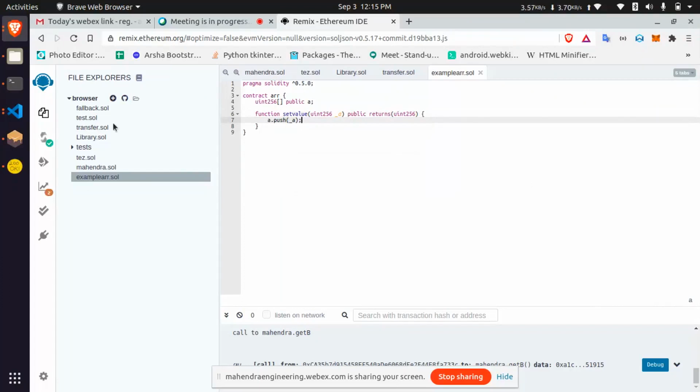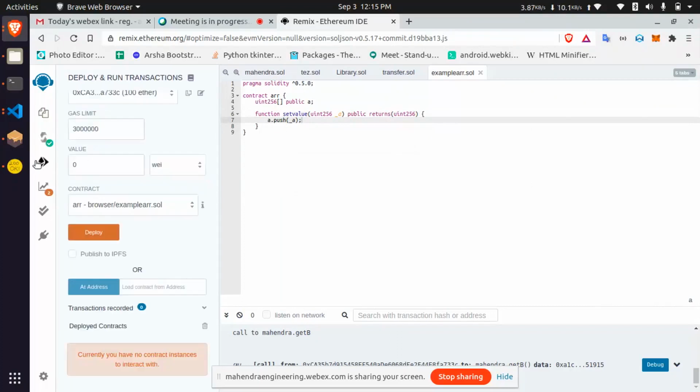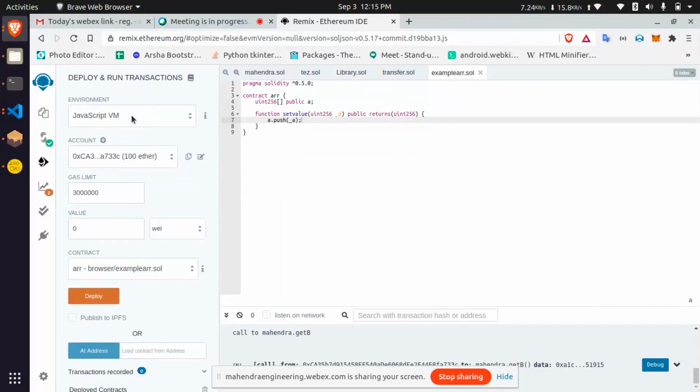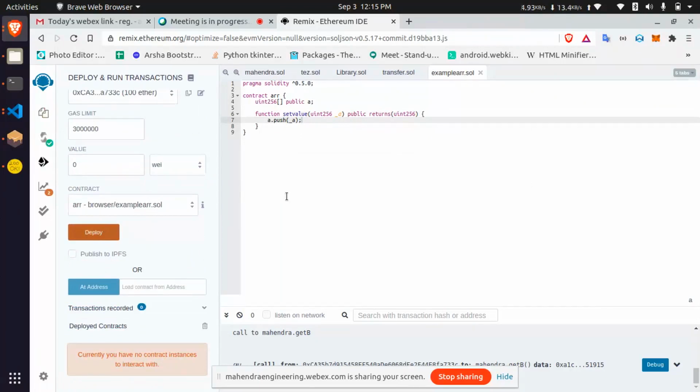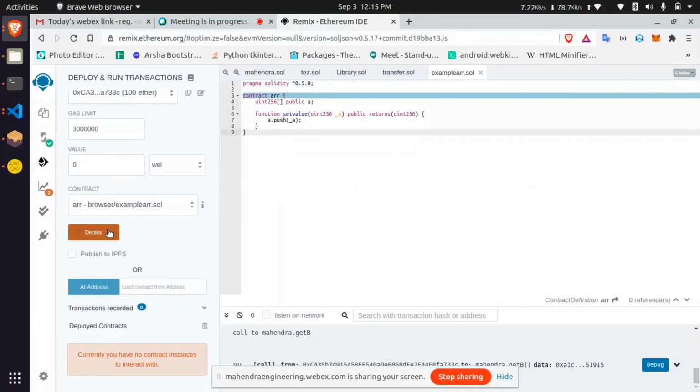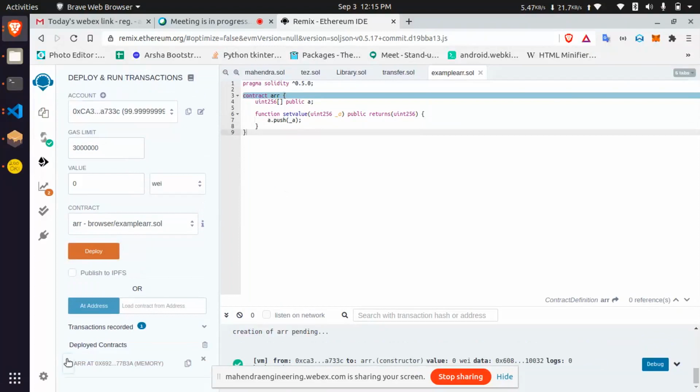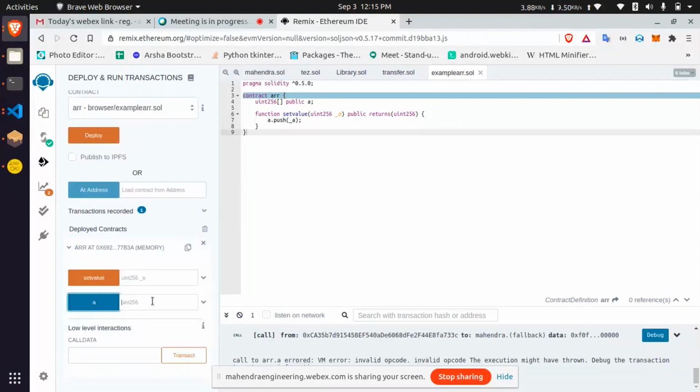So you want to add; now go to deployment, JavaScript VM. I'm going to deploy this contract. Save, deployed. And see, the array zeroth index is null. What happened?